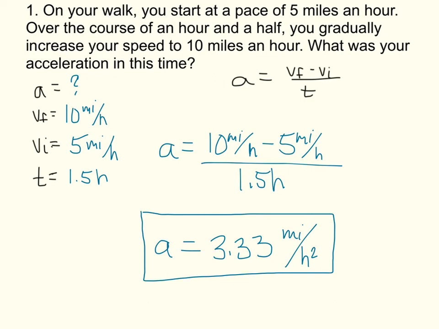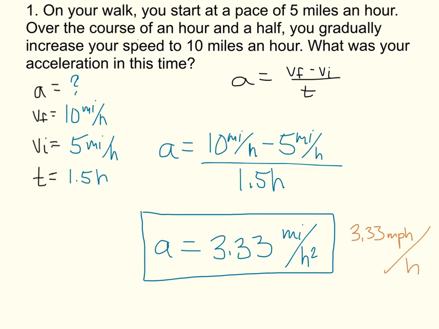So what we have going on here, over the course of this hour and a half, so forgive me, I thought I was using a laser pointer there. Over the course in that hour and a half, right here, you increase your speed from 5 to 10 miles an hour. So in 1 hour, so notice how I'm pointing at the hour here. So in 1 hour, your overall speed increases by 3.33 miles an hour. So you can also write this as 3.33 miles per hour